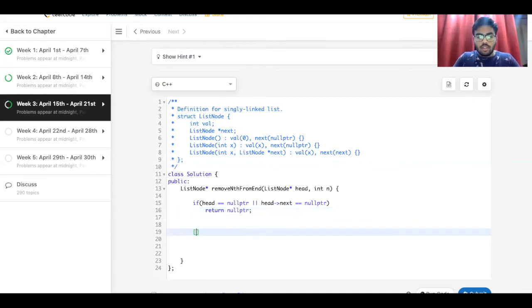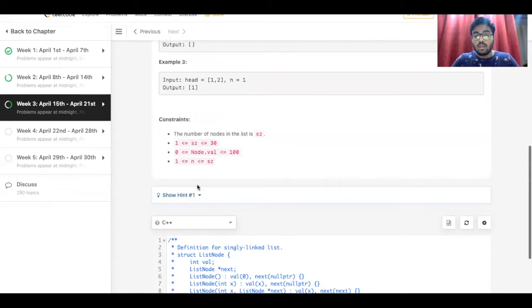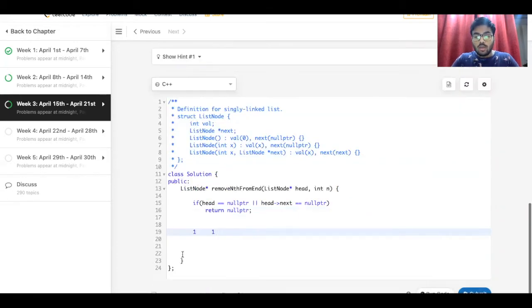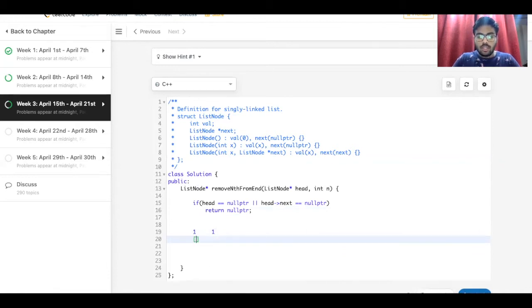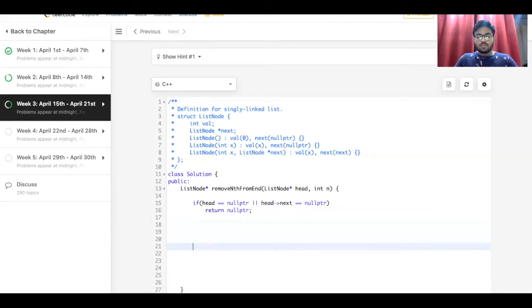For example, the linked list contains only 1, and we have to remove the nth node from the end where n is equal to 1. So we only have one element in the linked list, correct? Therefore we return an empty linked list, because 1 would be deleted. This condition would be solved here.